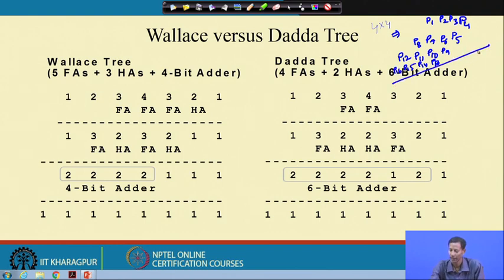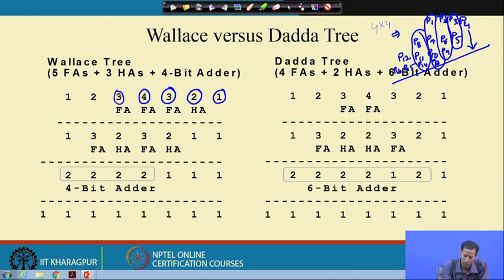So, if I just want to add, at this particular position how many numbers? 1. So, this 1 corresponds to this. Then at this position how many numbers? 2. Then at this position 3, then at this 4. Then this is 3 over here, 2 over here and 1 over here. So, that is why these numbers indicate how many numbers I have to add at this particular position.